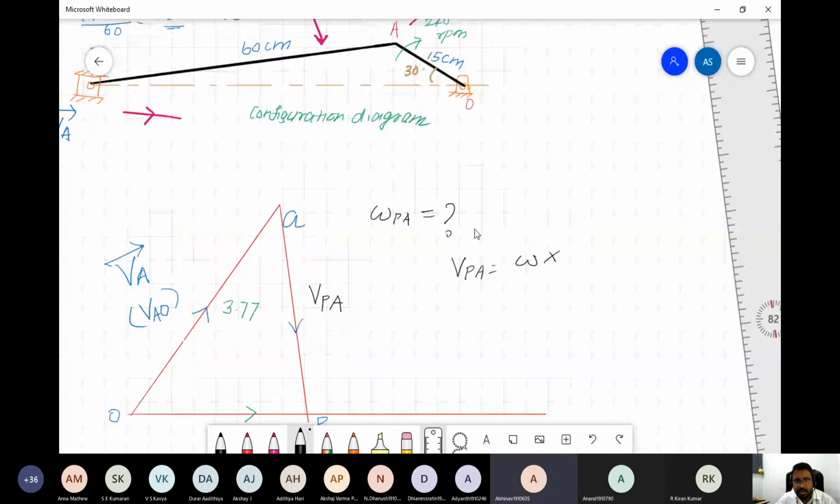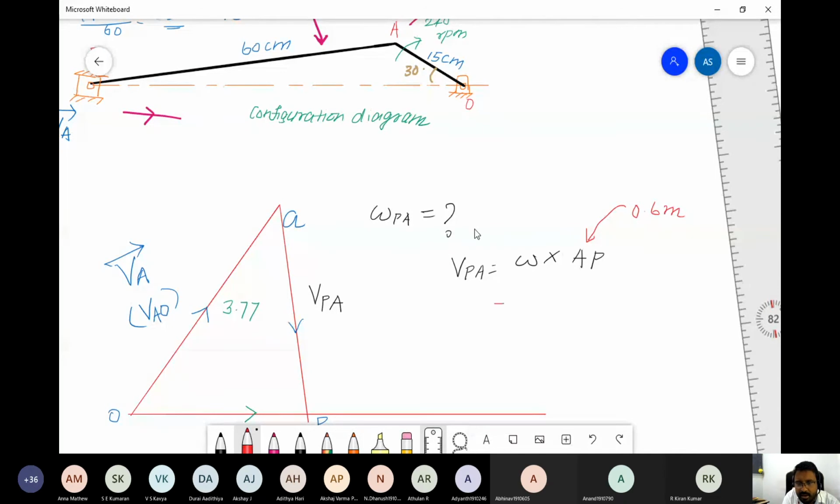We know the length of AP already. What is the length of AP? It is 60 centimeter, given in the question. Convert into meters, so 0.6 meters. So omega, we don't know. This is omega PA, we don't know omega PA. So omega PA will be